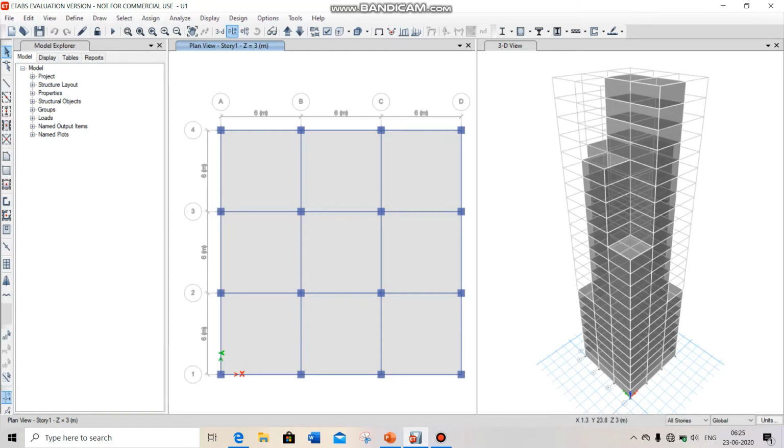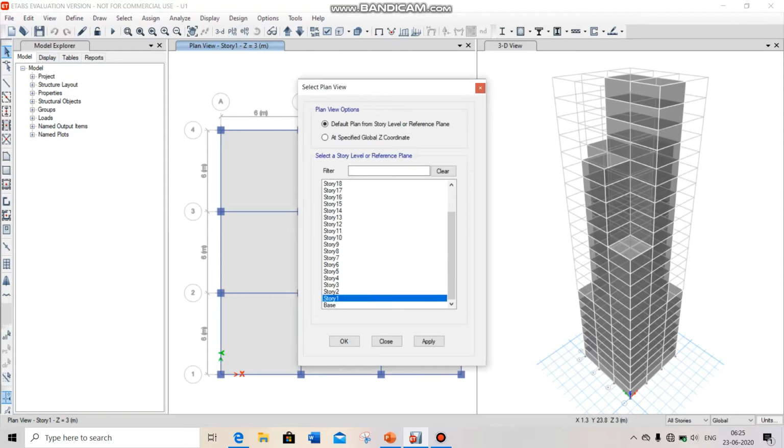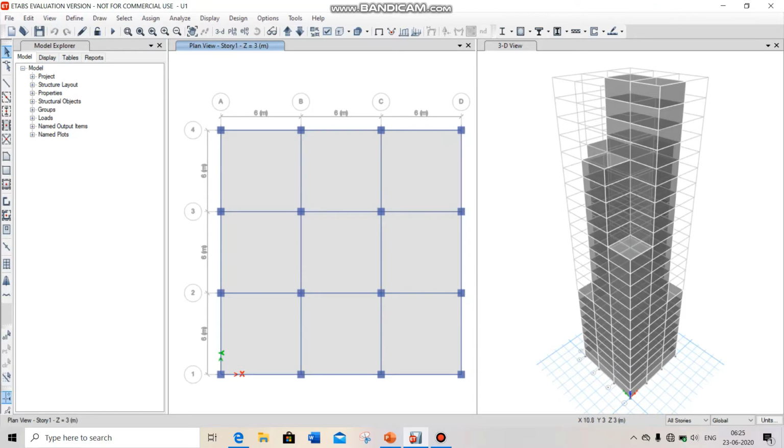So for that, go to plan view, select story 1 and click on OK, and select all stories from your right hand bottom corner and select all the slab shells one by one.